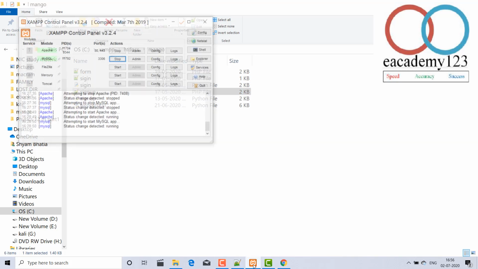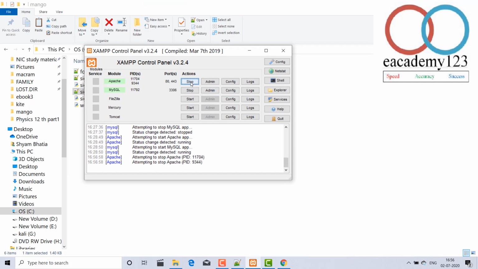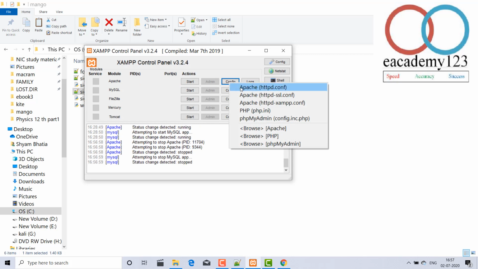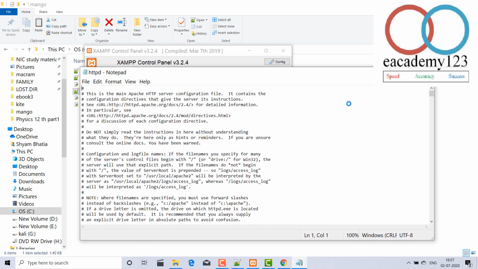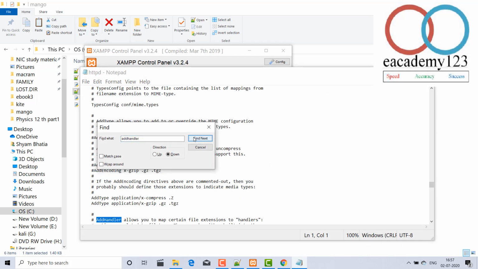So let's come here, and friends, first of all you will see stop and stop, okay, and go to the config page, okay, and here Apache httpd.conf, open it. Yes, here press Ctrl+F and search for AddHandler, find next.